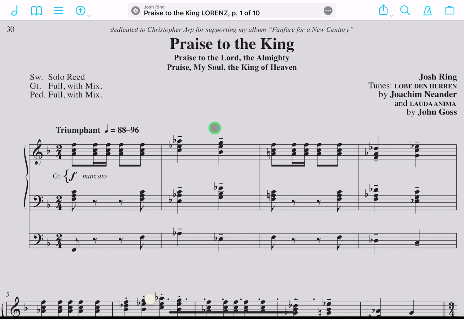Today I wanted to show you how to maximize your efficiency with forScore so that you are spending the least amount of time in the app and the most amount of time making music. So let's dive in. First, we're going to bring up the navigation bar, and in the top right, we're going